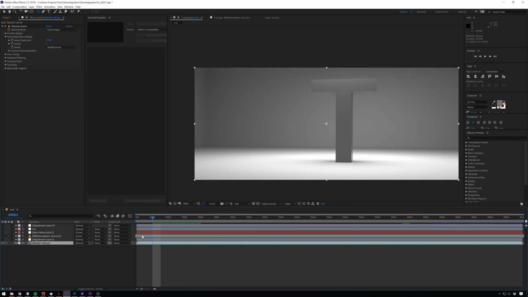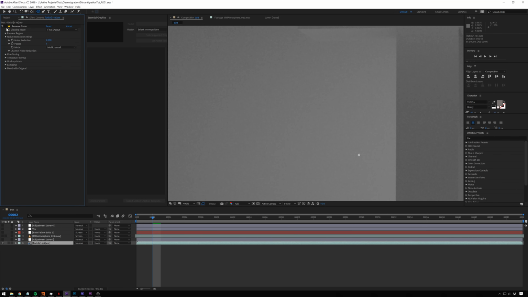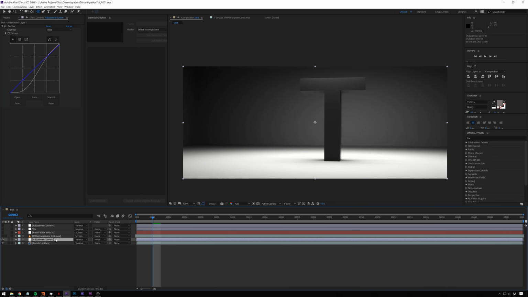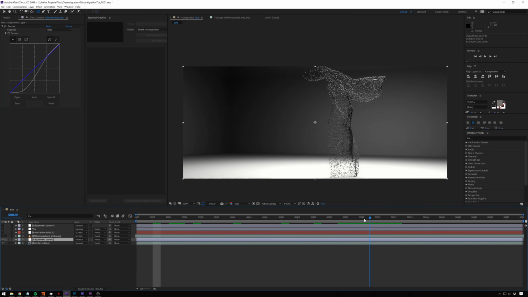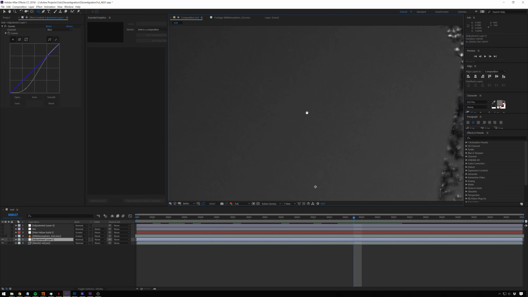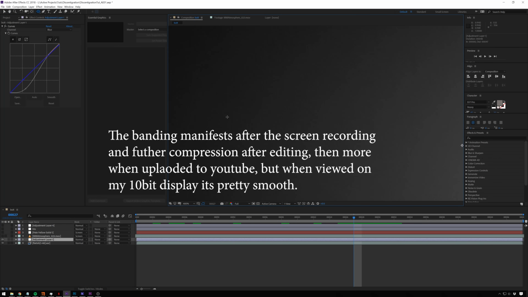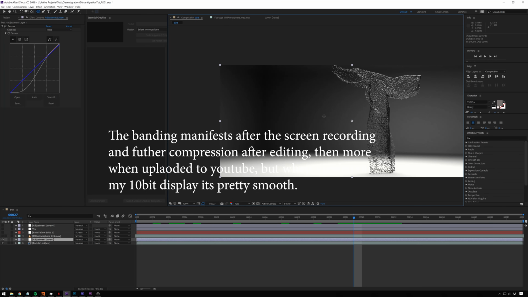So in this first layer, this is our render. You see we have this remove grain node. So before it looked like that, and then after cleans it up pretty nice just to save us a little bit of render time. And then we threw what's probably some curves on top of it. This is one of the great things about working with EXR is that you can really just go crazy with the curves. See, there's noise from our render, but there's no actual banding from this really intense